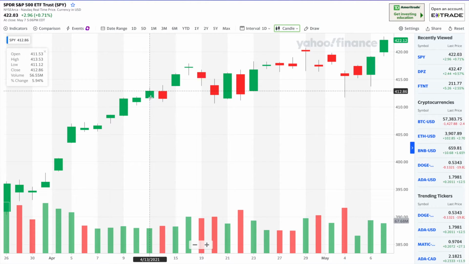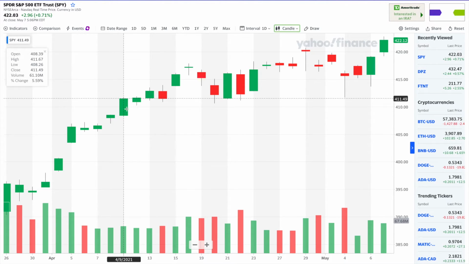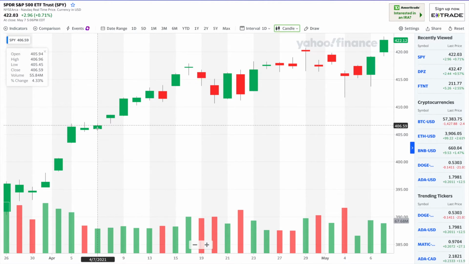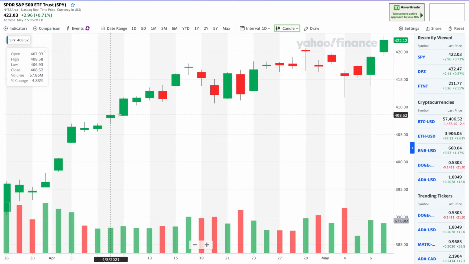For a green candle, if it has wicks on it, the top of the wick is the high of the day, and the bottom of the wick is the low of the day. What these basically mean overall is whether the bulls were in control this day or the bears were in control this day. Of course if we have a green candle, that means the bulls were in control, and the size of the candle is basically the strength of the trend. So this is a very strong day, and the smaller candles are days that are not as strong, where the price really didn't fluctuate that much. As you can see here, you only had maybe $1 or $2 in fluctuation all day,